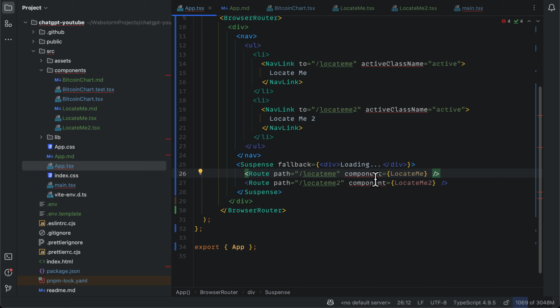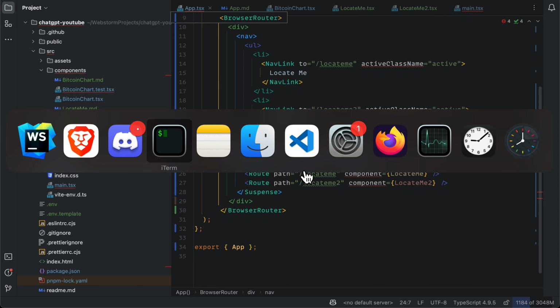there's no routes wrapped there. And also this is old syntax. We don't use components anymore. We use elements in these later versions of React Router. Okay, so if we just go to compile this,